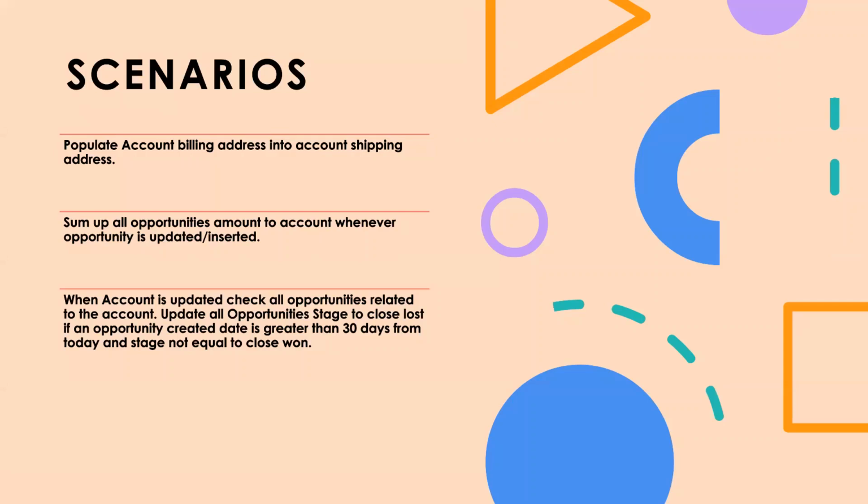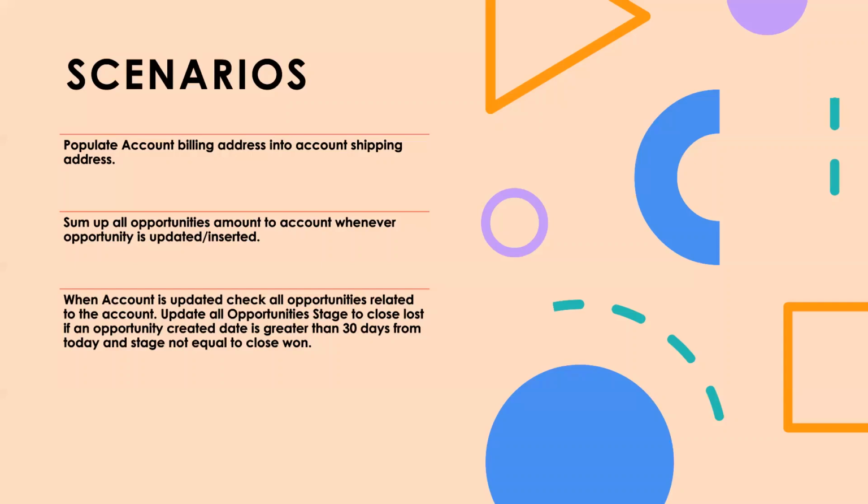For this we would have to create a field on account, something such as total opportunity amount, which should basically show us the total of all the opportunity amounts. The criteria would be that the logic should run only when an opportunity is inserted or updated. Then we have the third scenario, wherein the requirement is that whenever an account is updated,